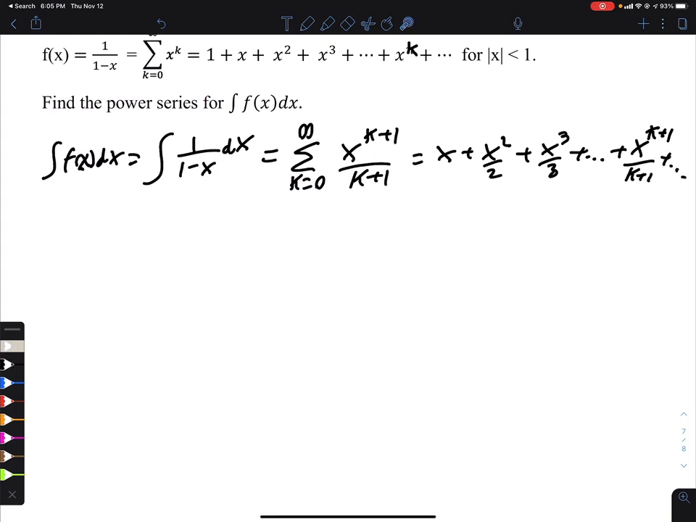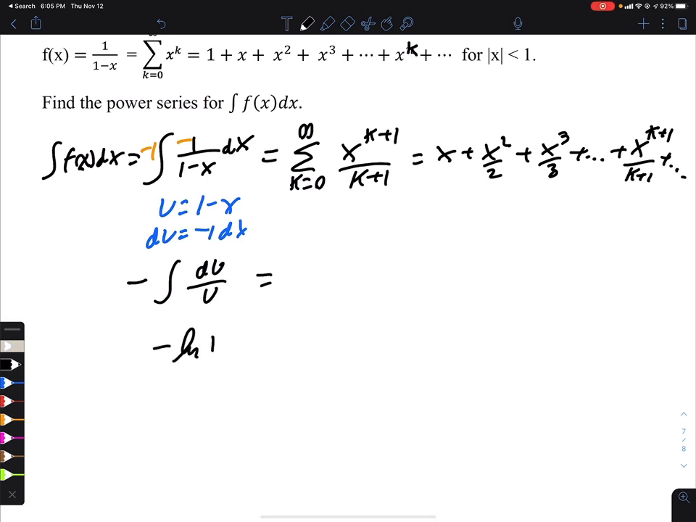Now double check this. You put in 0 here, you get 1, and you get 1, and it works. You put in 1 here, you get 2 and 2, so that works. So our numbers are fine for this one. But what's the integral of this? That's a u sub. U is 1 minus x. Du is minus 1 dx. Do we have a minus 1 dx? Now we do. So this is negative du over u, which is negative ln absolute u, which is negative ln absolute 1 minus x